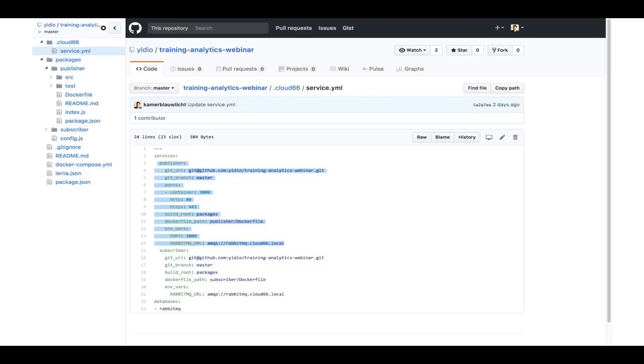So in the Git repo, you can find this service YAML file, which looks like Docker Compose, but this is for production-ready deployment. So your service YAML is our description of services you can deploy with Cloud66. So you can see here the publisher describes the Git repo, the ports, the Dockerfile, and the nice thing when you deploy this application,